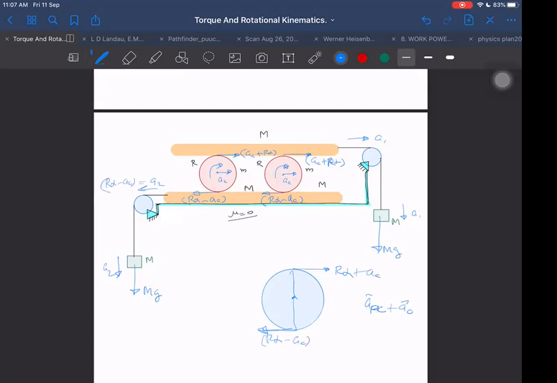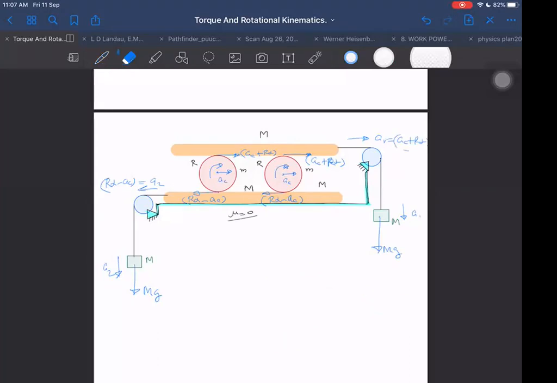And A1 will be equal to AC plus R alpha. This is how we should proceed. Means without forming the equations, start writing the equation on the diagram only. Then it will be easier. I'm not taking A1 and A2 now. Instead of that, I'm taking AC minus R alpha and AC plus R alpha. So our unknowns become less. Less unknowns means we have less burden now, and we can get the answer easily.